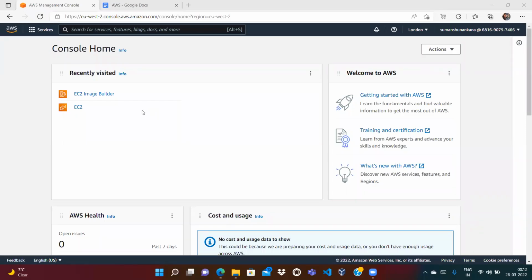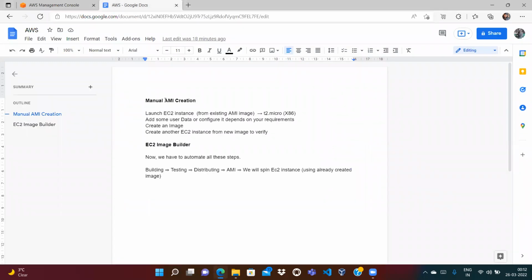Okay, so this is the next video in our continuation of our AWS series. In the last video, we saw how to create the image. So what is an image? Whenever we spin up any EC2 instance, we need some base image, right? So right now in all the videos, we are using the inbuilt major Linux image, and we are spinning up the EC2 instance. Then we saw that if we have to create our own image,